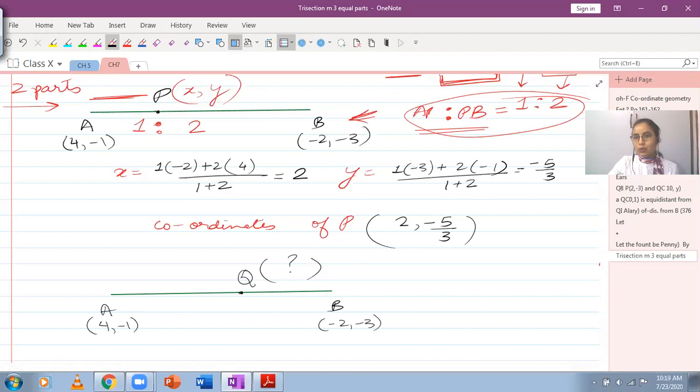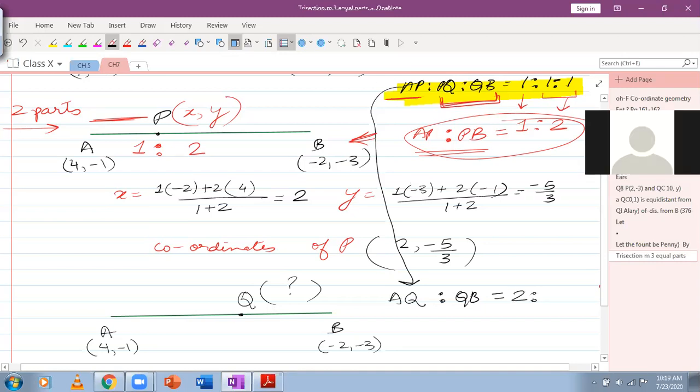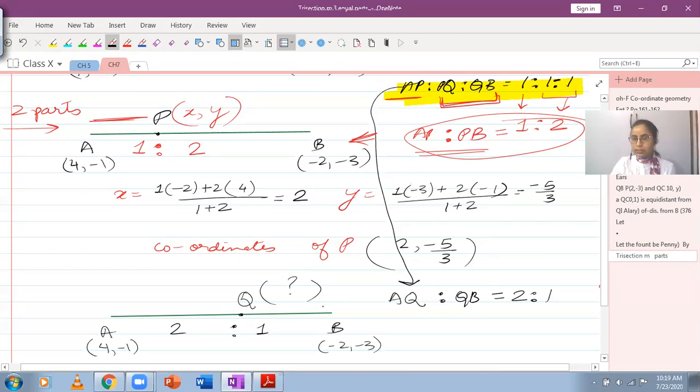And if I just go with the ratio, earlier ratio ये थी हमारे पास यहाँ पे. Just consider this. 1:1:1. And keeping this in mind, अगर मैं इस चीज को यहाँ use करती हूँ, तो मैंने first two parts combine कर दिए हैं. AQ is to QB, and what will be the ratio now? 2:1. फिर हम इस रेशो को use करके Q के coordinates find कर सकते हैं. This is one way of doing it, just like the way we did for P. The easier option, instead of doing this, what we can do is